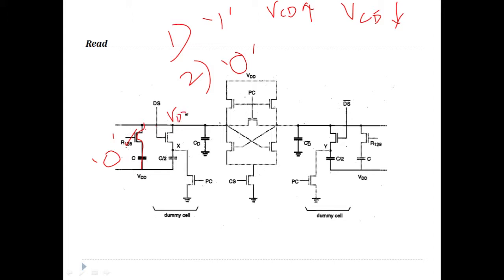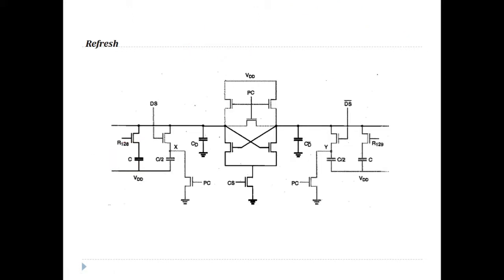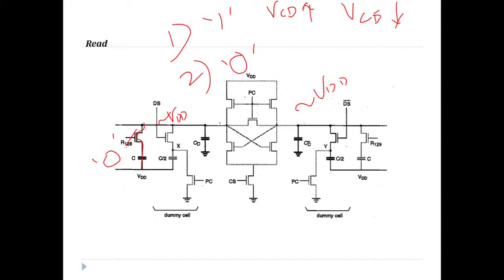It was carrying VDD, some value close to VDD, we consider it to be 3.5. Now this also carries some voltage VDD. Here, because this capacitor is carrying 0 voltage and this capacitor is carrying a value closer to VDD, this capacitor will try to charge this capacitor through this R128 transistor, because this transistor is on, so it provides a short resistance path.